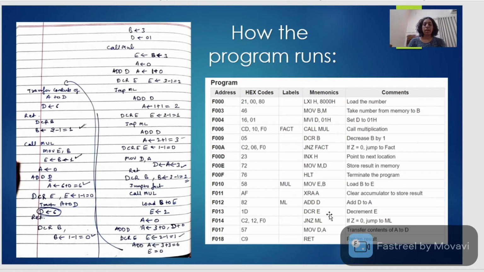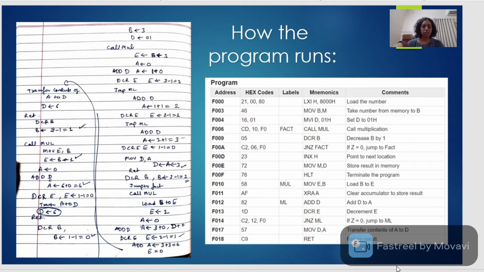Next is DCR E. DCR means decrement. So we have to decrease E by 1, because this instruction means whatever register is there, decrease the value in it. E we had 3, so now we will have 2 in it.